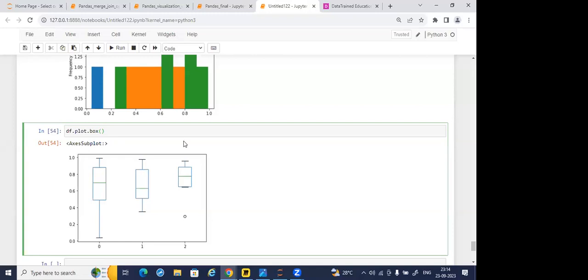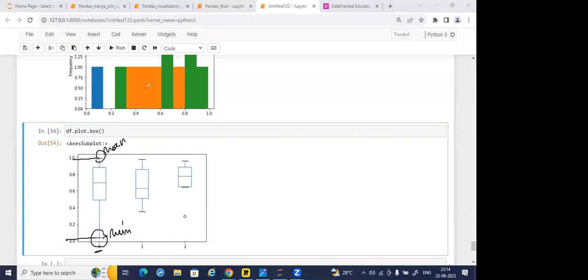major statistical information. But because you're not yet aware of these terms, let me tell you in a very simple way. In future, I'll be explaining in detail. It is giving you the maximum and minimum values. Here it is giving you the minimum value, and here the maximum value. So in the 0th column, this is the minimum value, and this one is